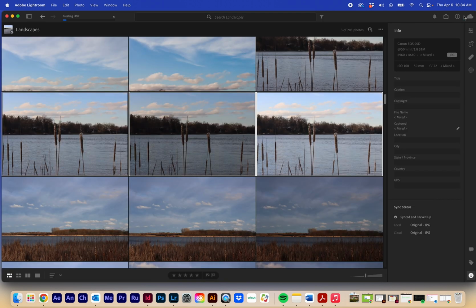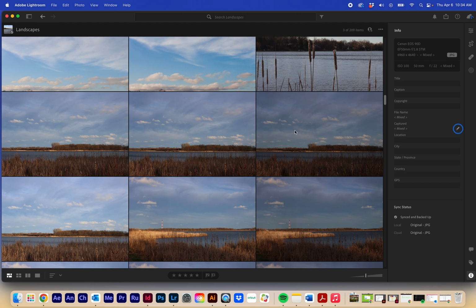Okay, so when I hit merge, it's going to take those 3 photos that I selected, and it's going to turn it into a DNG file,